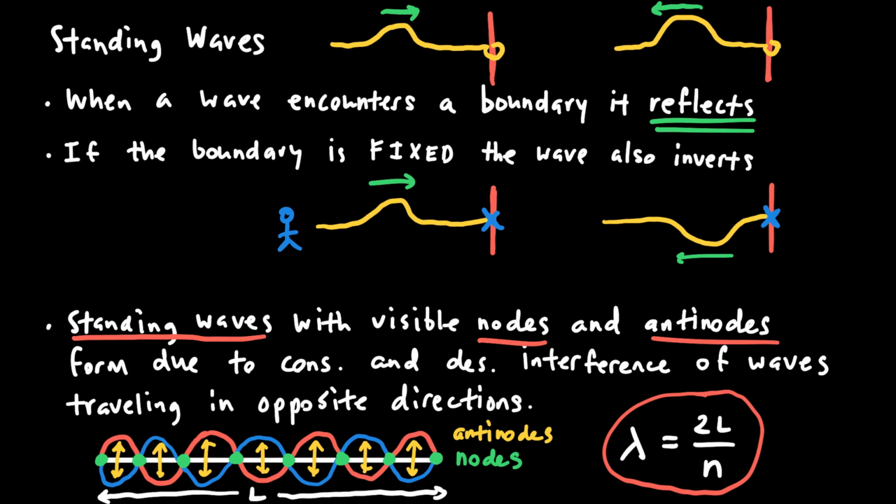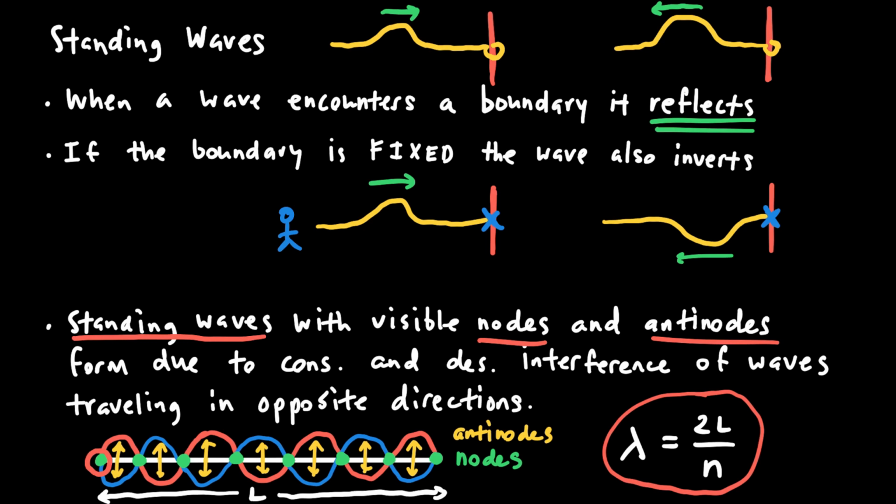And one thing that I'm about to talk a little bit more about with these standing waves is the way that I could use a standing wave to generate an equation for the wavelength. So let's suppose that the entire length of that spring that I've drawn down below has a length L. One of the things that I want you to notice is that there is a relationship between the length of the string and the wavelength that can be expressed in a certain way depending on how I look at the nodes and the antinodes. So what I want to point out is that if I start at this first dot,